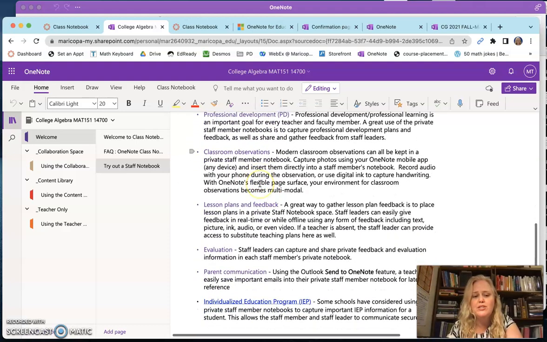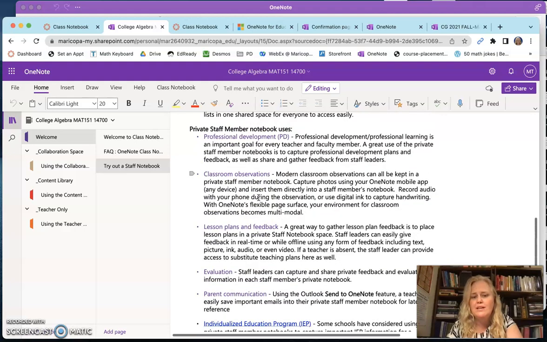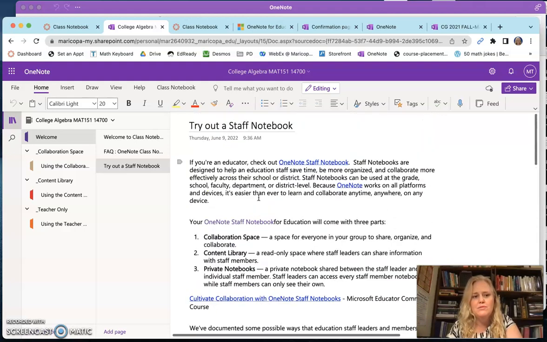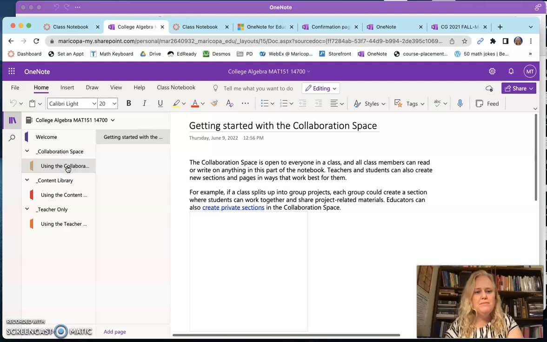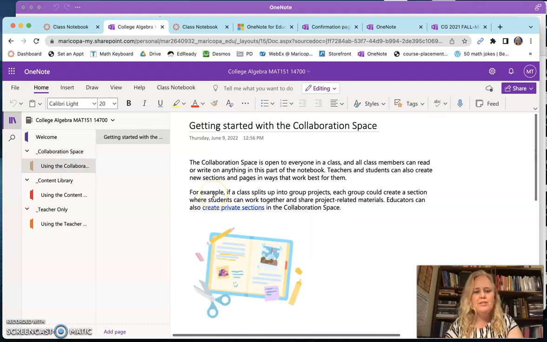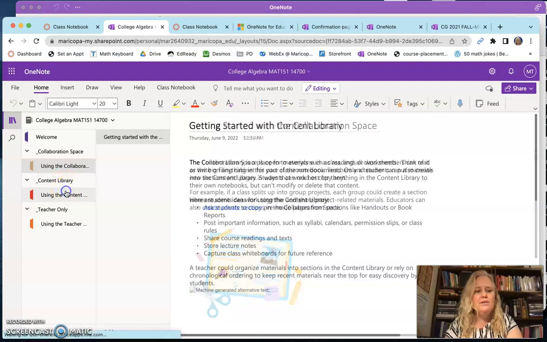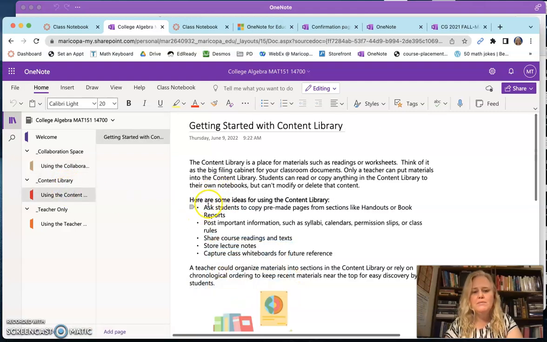So observations, evaluations, any other schools could use this, from elementary all the way to teaching college. Here's some information about using the collaboration space, and you can create private sections in the collaboration space. I didn't really do that, but you could. Also in the content library, just here's some ideas,